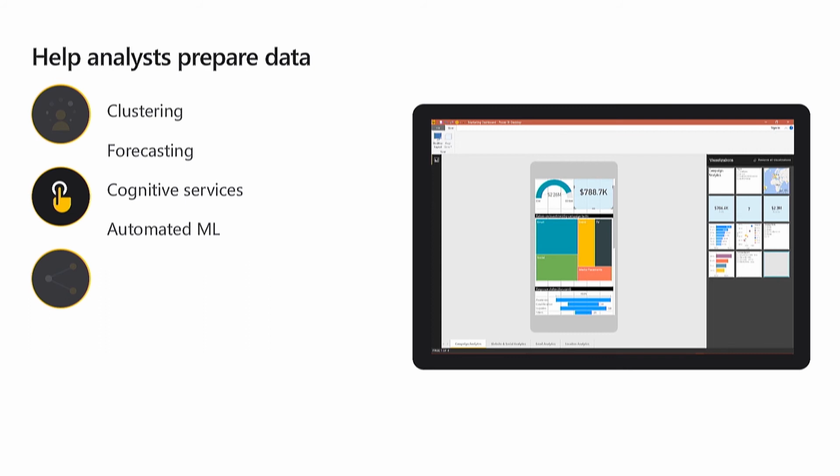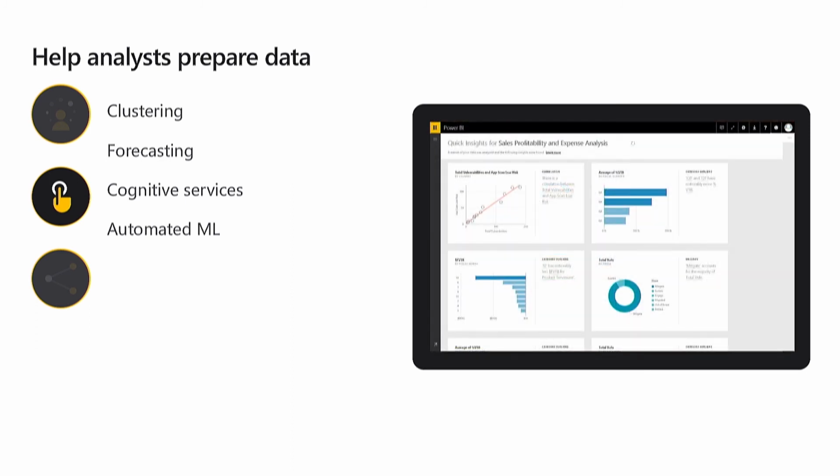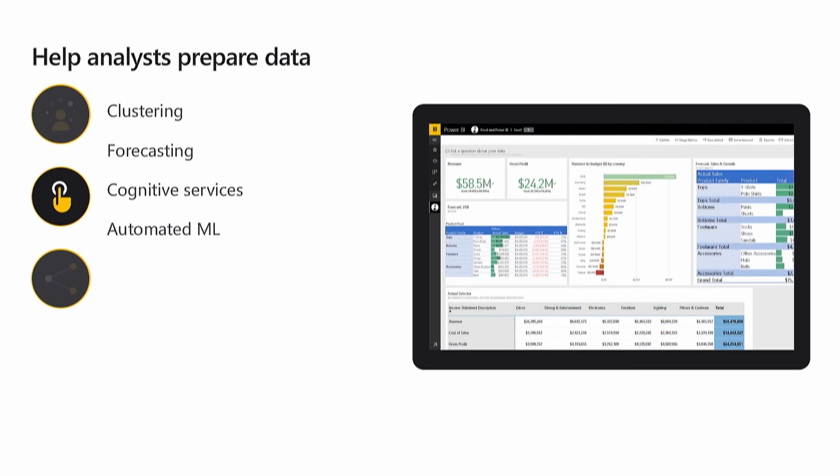You can use it for forecasting, you can use integration with cognitive services, and you can also integrate with our automated machine learning as well. I'm not going to make the same mistake here this time, and I'm going to go into each of these